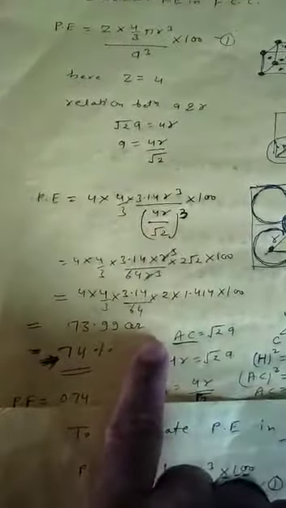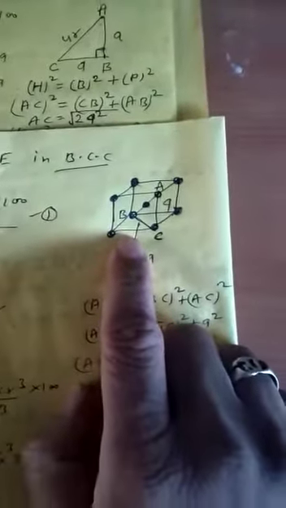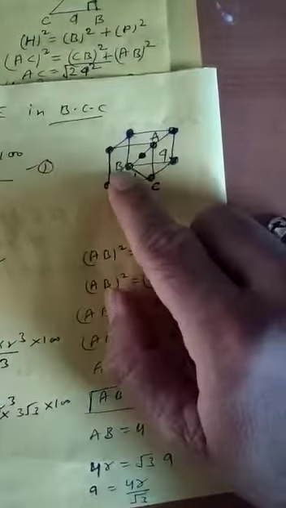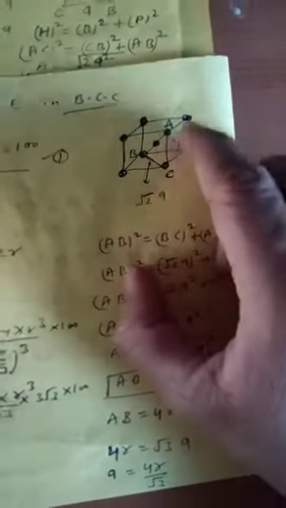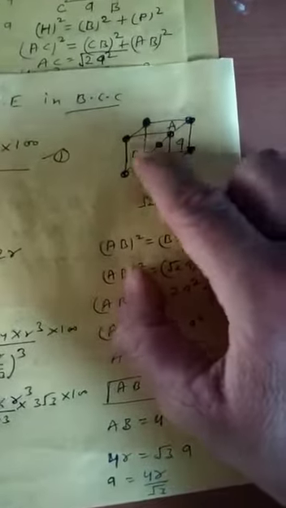How can we find out this relation? You can see, again by the help of trigonometry, we have this BCC unit cell. So in this we are taking the body diagonal. I have denoted here AB, that is the body diagonal. So these 3 particles are present here. So the distance here is 4R again. And now we take the BC, that is the face diagonal, and AC. So the triangle is formed here.